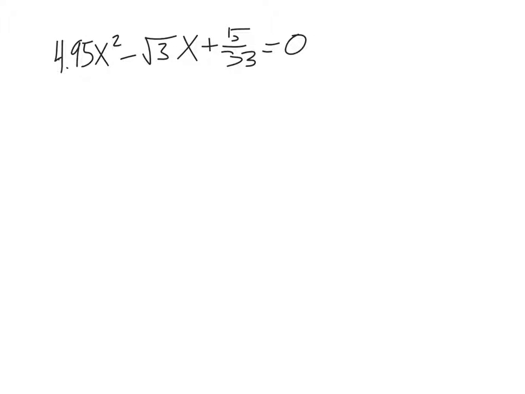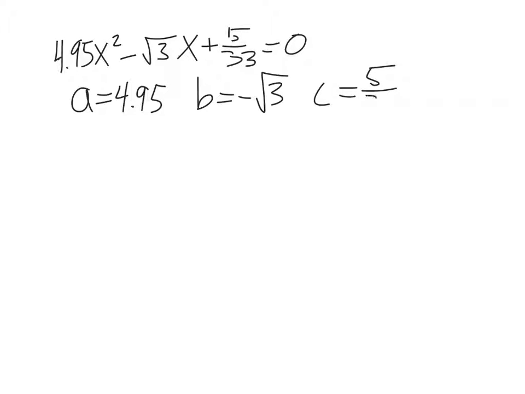First off, we got a lovely quadratic. This looks like something that is probably quadratic formula with a equal to 4.95, b equals negative square root of 3, and c equals 5 over 33. So in setting this up, we got negative b, which is negative the negative square root of 3, so that's plus the square root of 3, over 2 times 4.95, which is going to be, I don't know, like 9.90,